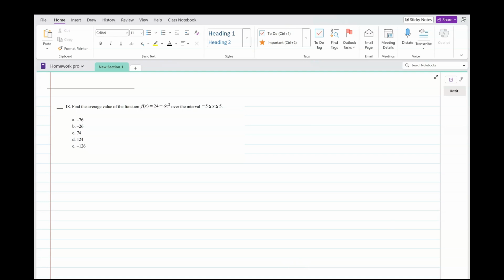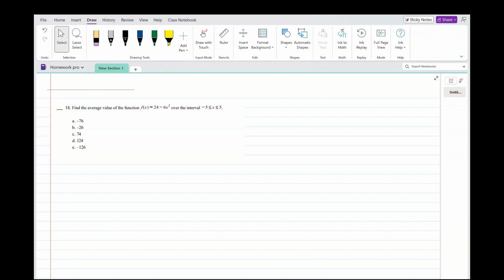Hey guys, so we're going to find the average value of the function given that the interval is between -5 and 5. Now remember, to find the average value of the function, basically what that means is that given a function, let me just draw a function like this, and it's given over the interval AB,